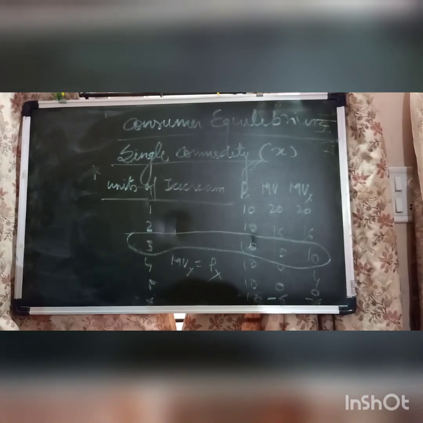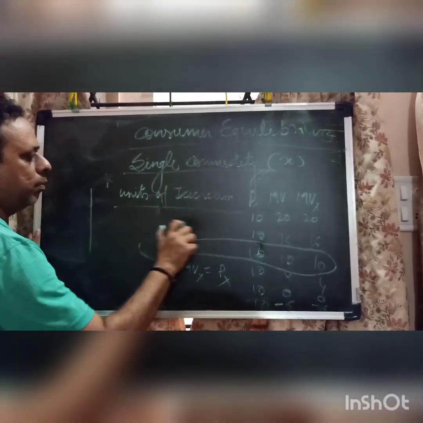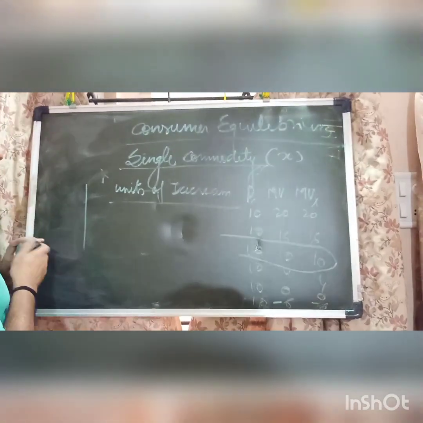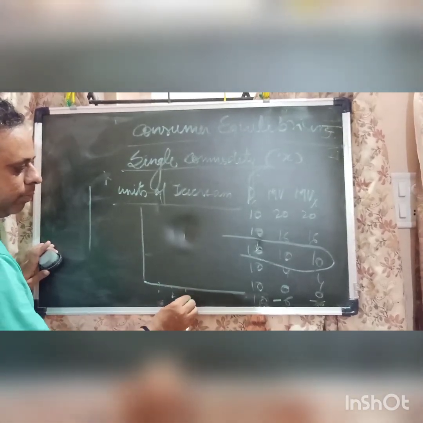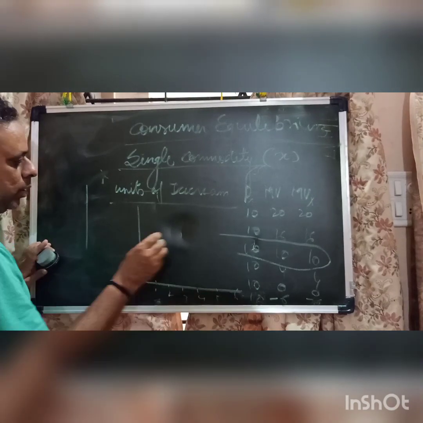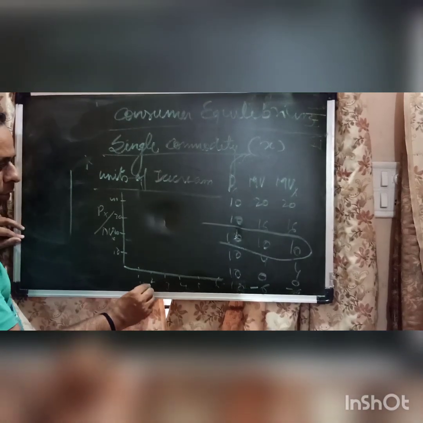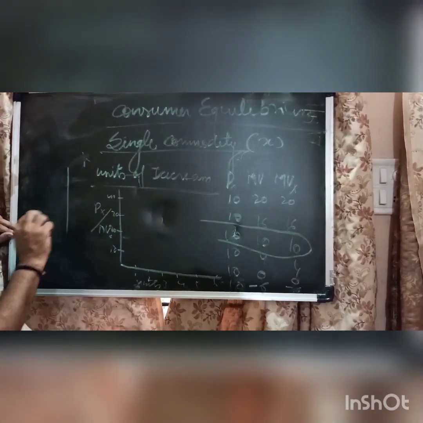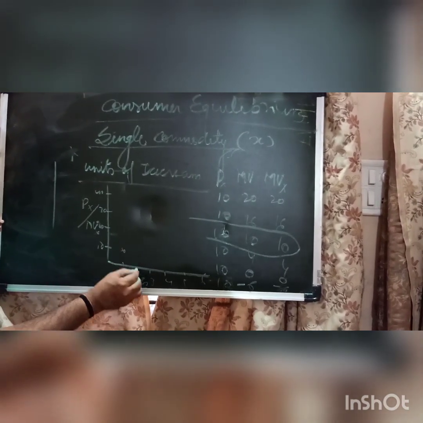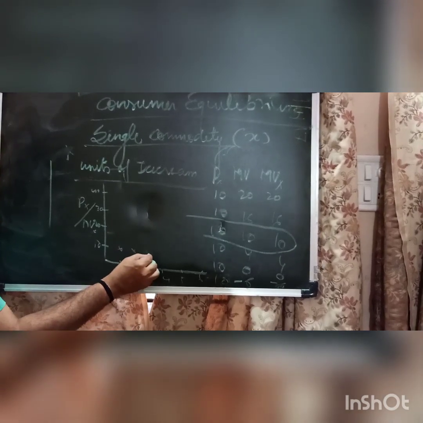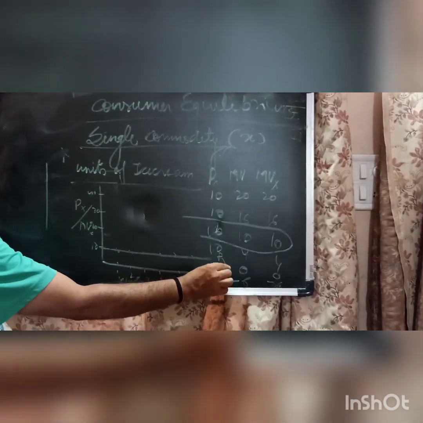Now this we will study with the help of a graph. Our ice creams are 6. I am making a graph. See, here are units. And here PX and MUX both we have to write on the y-axis. Units are on the x-axis and MUX and PX are on the y-axis. The price is 10. When the unit of ice cream was 1, price was 10. Unit of ice cream was 2, price was 10 and so on. सभी 6 आइसक्रीम की प्राइस 10 है. तो ये हो गया PX.